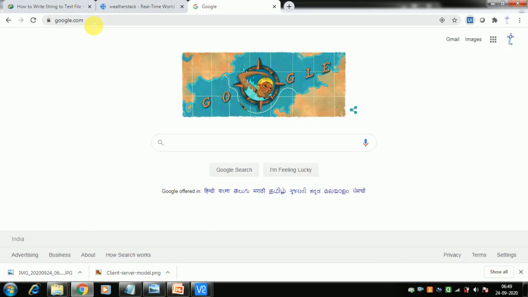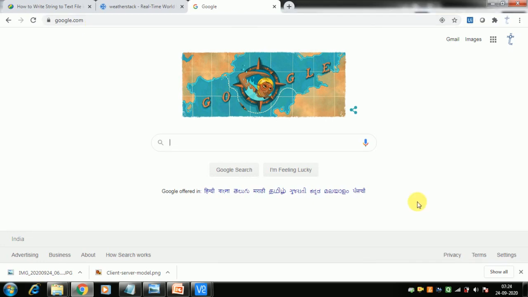So when this browser asks something of the Google server, it replies back with some text, and that text is in the format of HTML. Because this browser can render HTML, you are looking at a nicely formatted view like this. But let us have a look at how the raw text file looks.